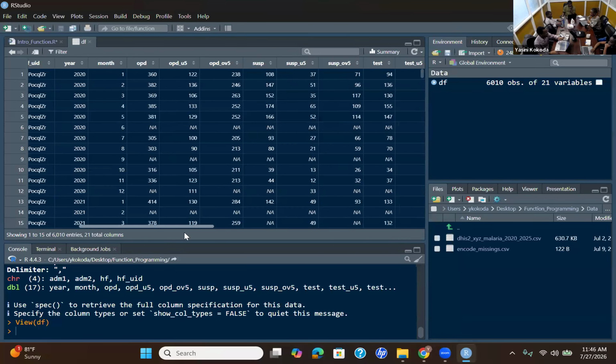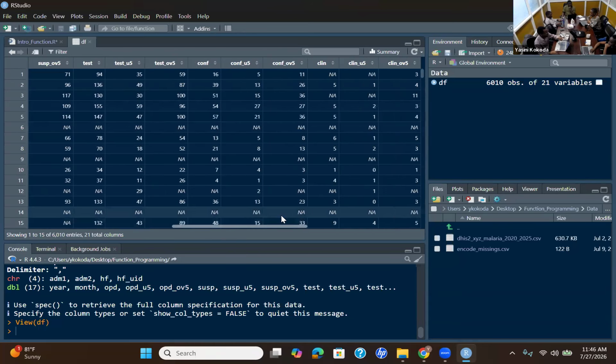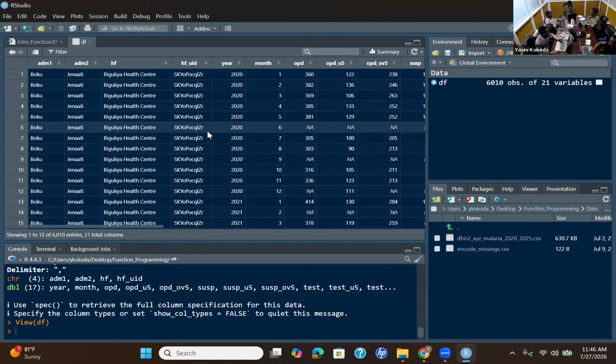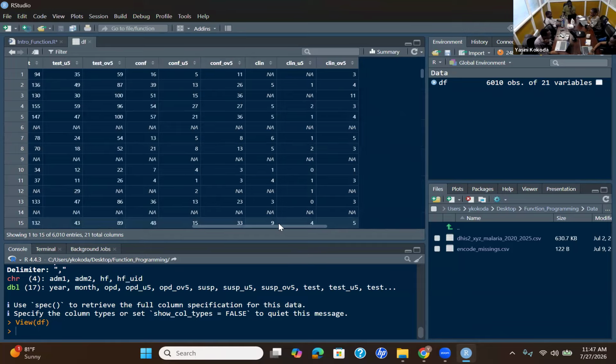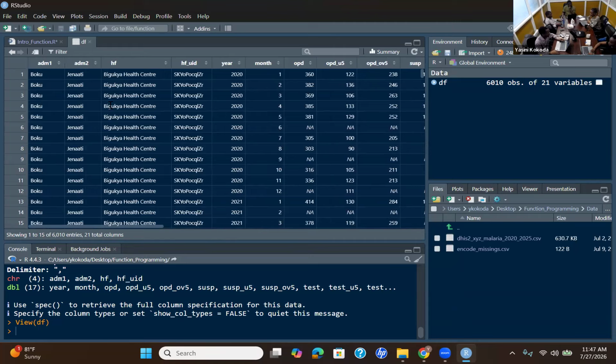So you have OPD, OPD under 5, we have confirmed under 5, all the way to clinical over 5 and under 5. Here, confirmed is confirmed for all ages. It means it is the total of over 5 and under 5. The same applies to all other indicators.